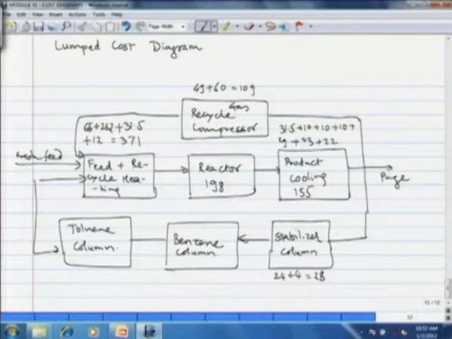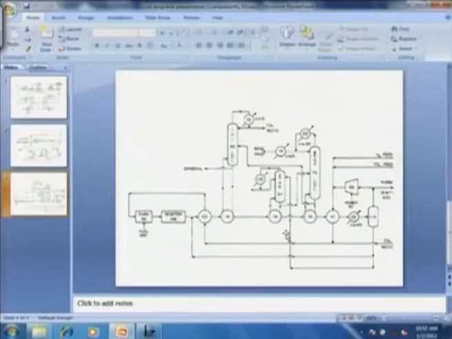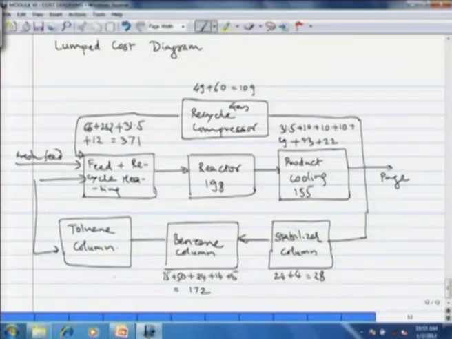So 75 plus 50 plus 24 plus 14 plus 5. So together this makes out 172. And then finally the Toluene column. Now Toluene column has $52,000 as the annual capital cost plus $12,000 cost of the condenser, cooling water for it is $8,000 and then $4,000 for the reboiler. So that cost we add together. So 52 plus 12 plus 8 plus 4. So this together makes out